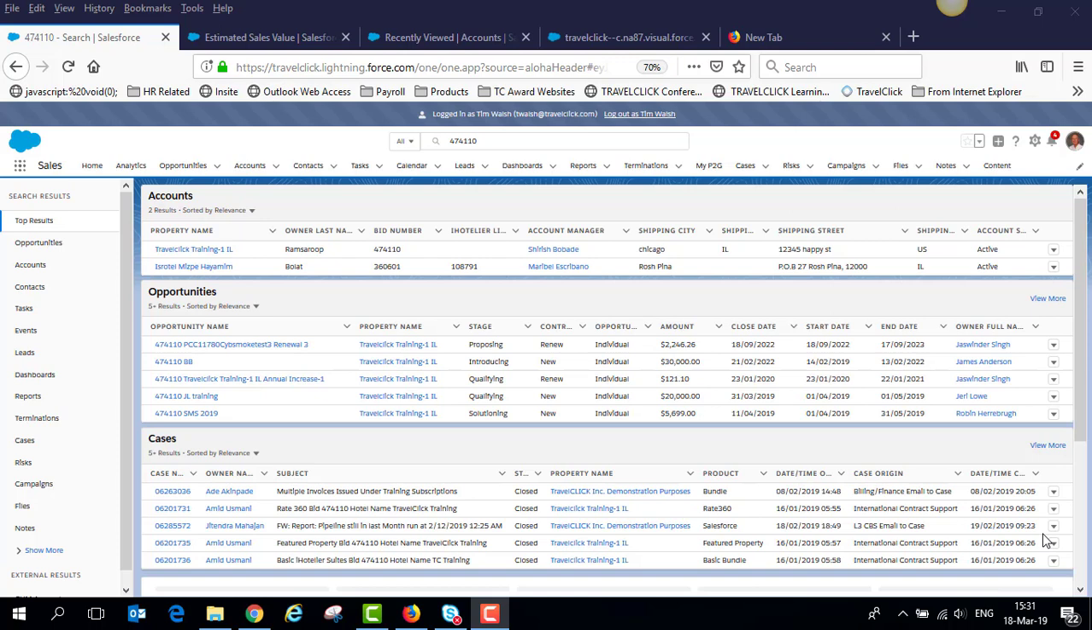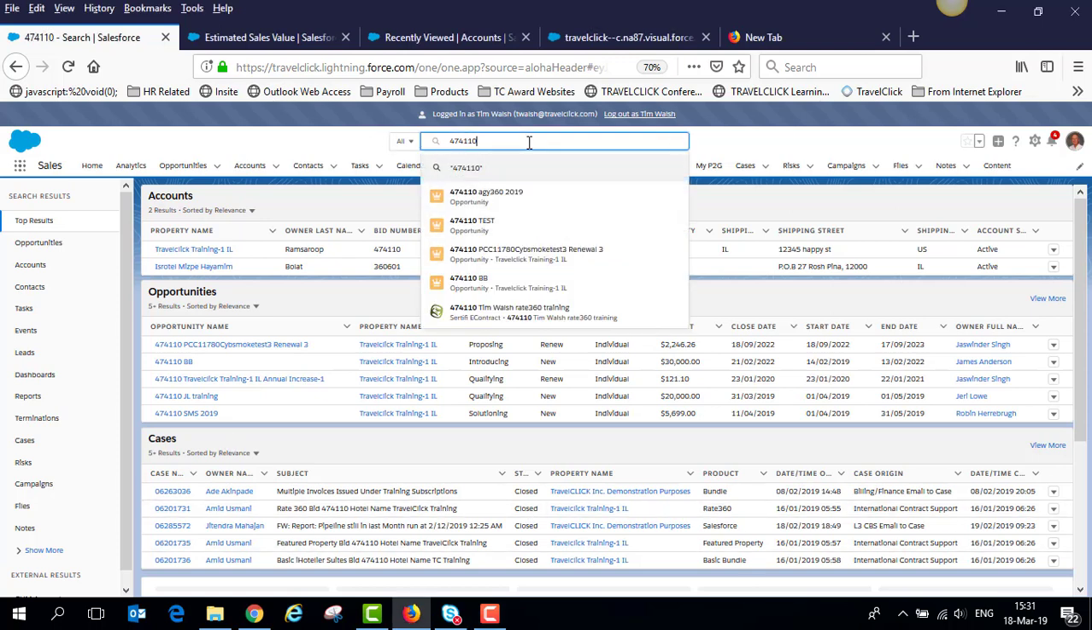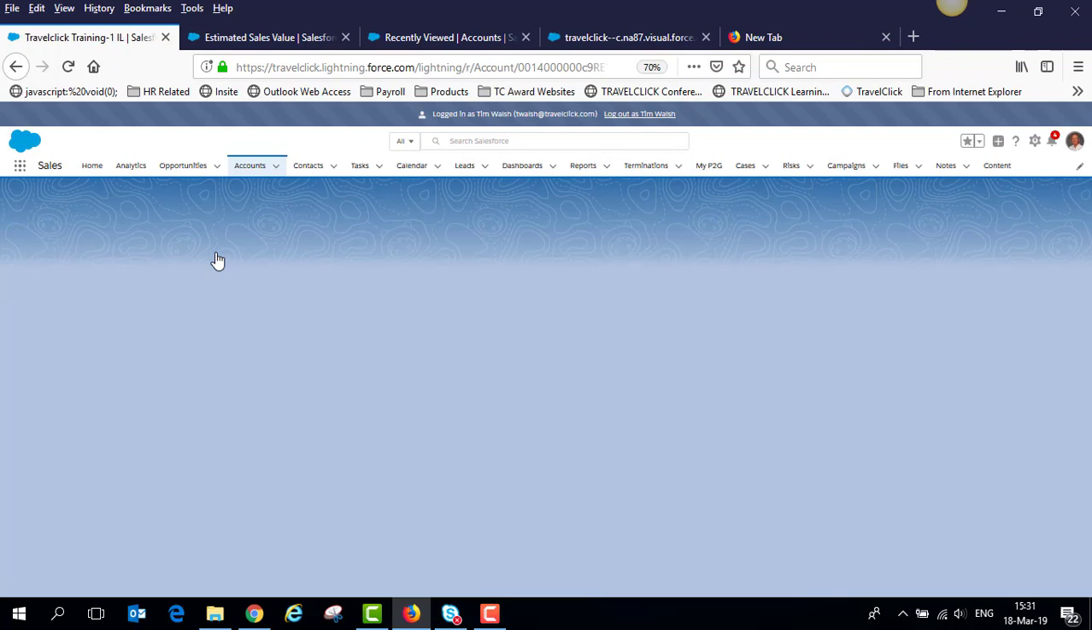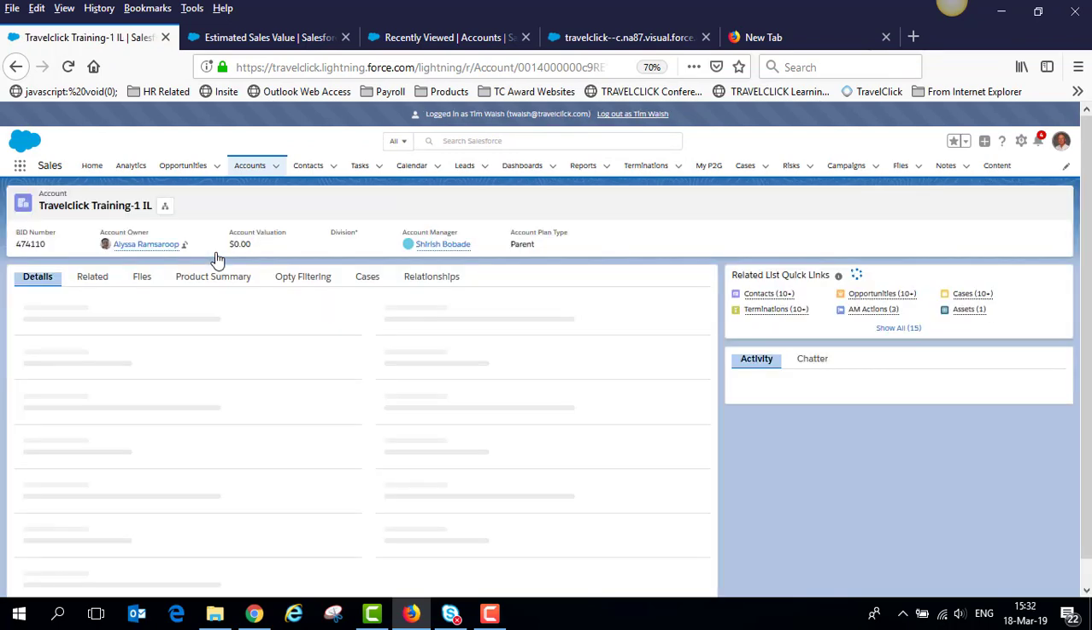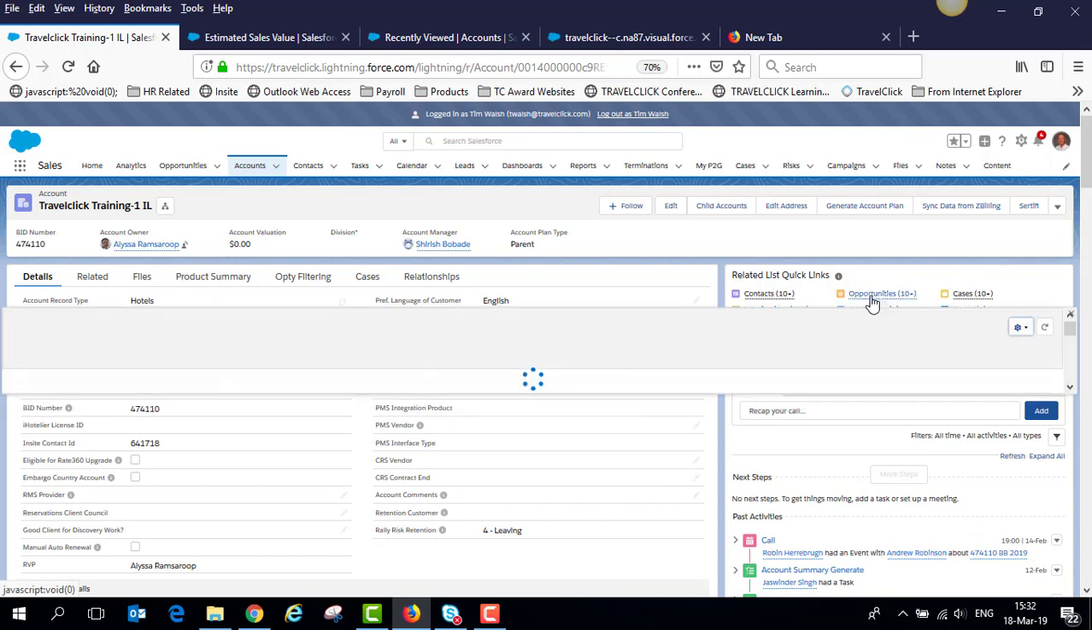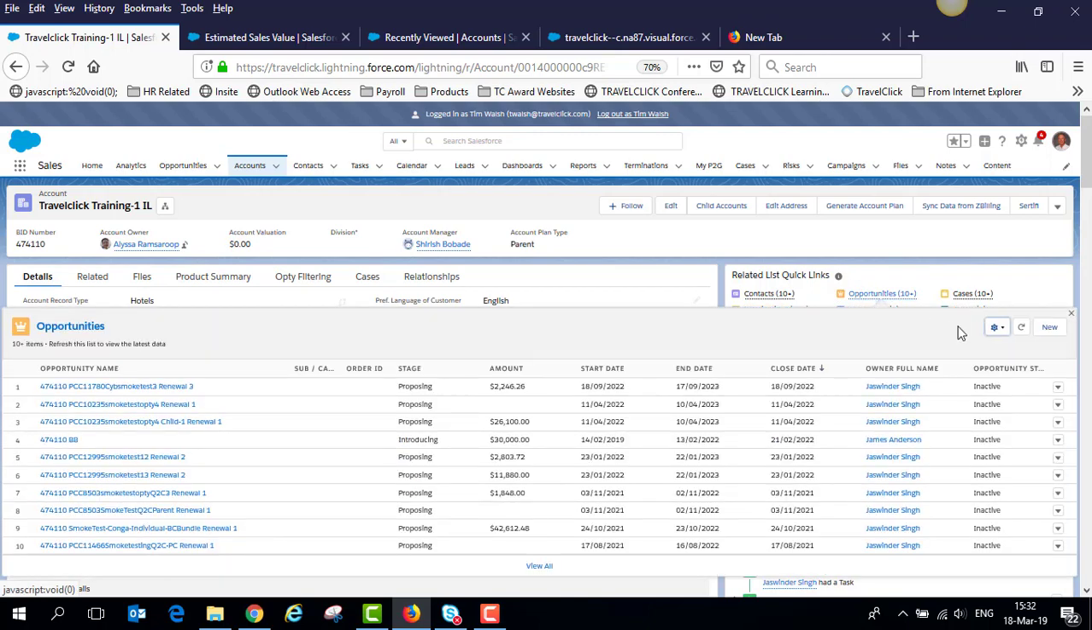But before we create the shell, we need to locate the account because we always create opportunities on the account. So I happen to know the bid for my test account, so I've already searched for it in advance. Here I have the test account here. And when the information loads on the screen, if I just hover over the opportunities related list and click new,